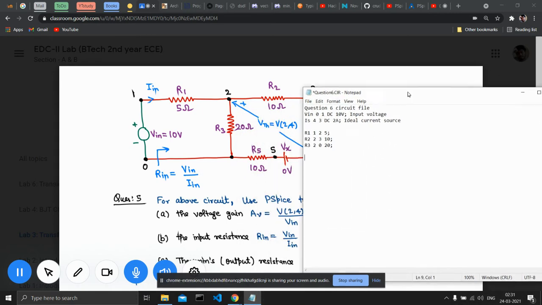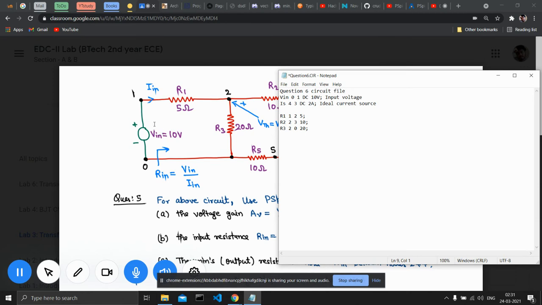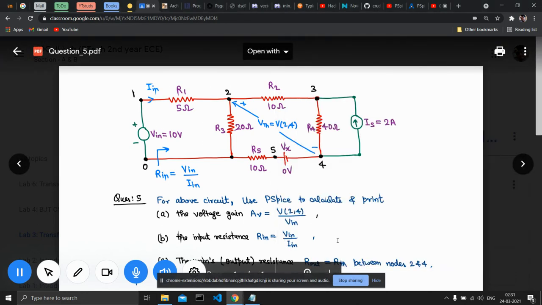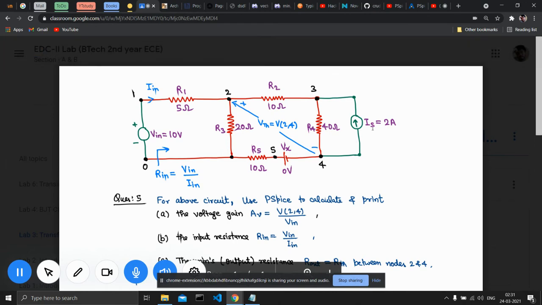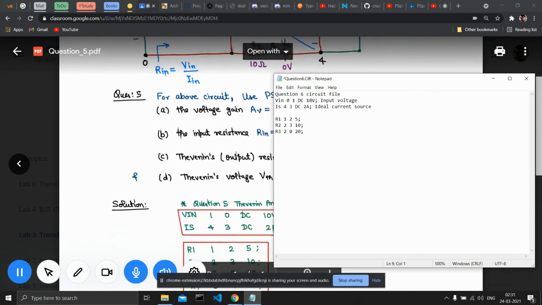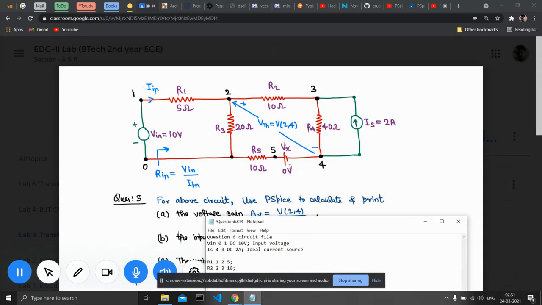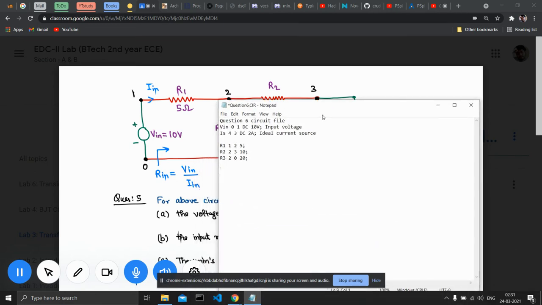Next up, we can write what we want to measure. By default, for this voltage source, PSpice will calculate the current coming out of the voltage source. If you want to calculate the current from any other place, like here, what we can do is specify a voltage source of 0 volts, so that it won't affect the circuit, but it will also act like an emitter. It's a nice trick you can do.